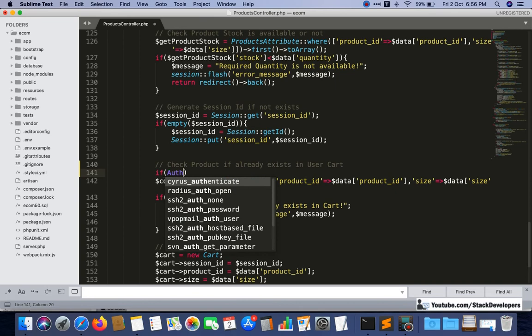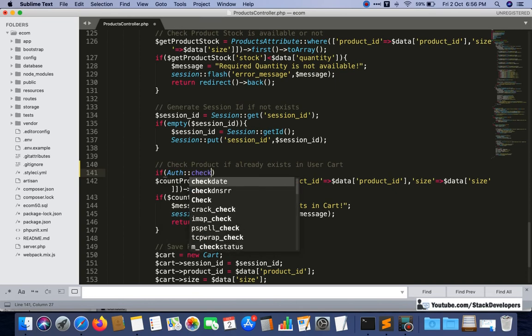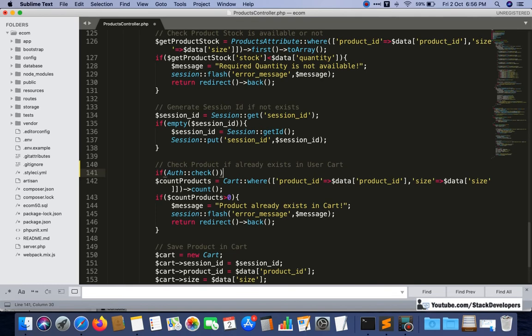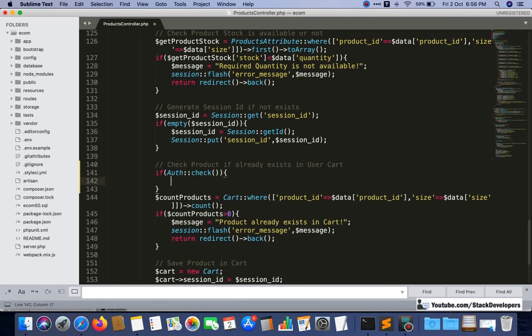We can check this with Auth check, a predefined function of Laravel. If Auth check exists, it means auth is there for the user, auth is working, it means the user is logged in. Then it will come to this condition.